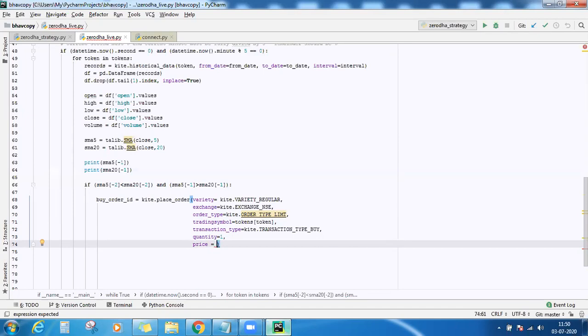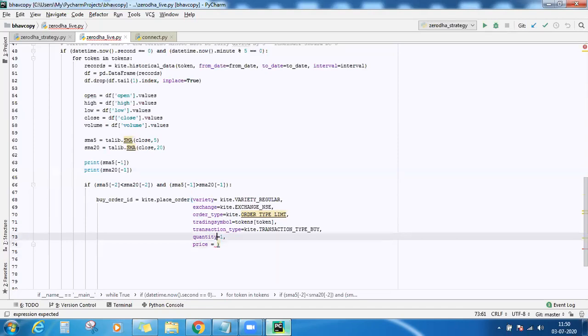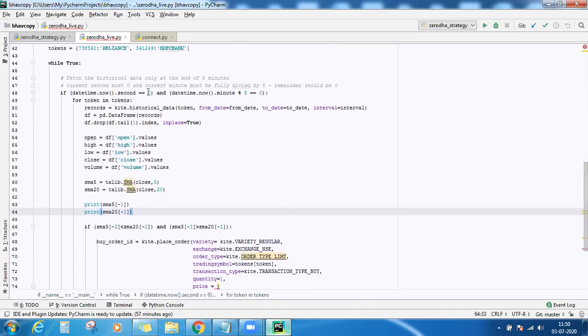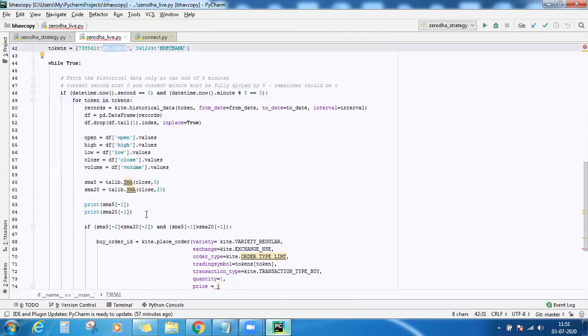So for that purpose, we'll take the help of kite.ltp. When the program is inside this for loop, it has the stock name with it. For the first occurrence of this for loop, the stock name will be Reliance. So I'll pass on this Reliance.